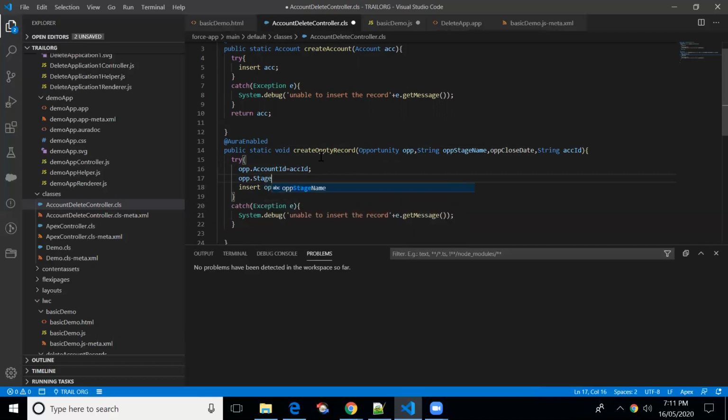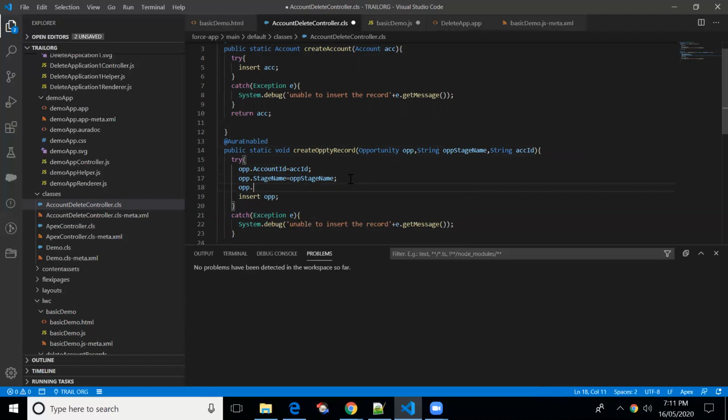Stage name is mandatory, so stage name equals, let me copy this. I'll remove this property, closed it directly, and give it here. Close date equals System.today plus 10.